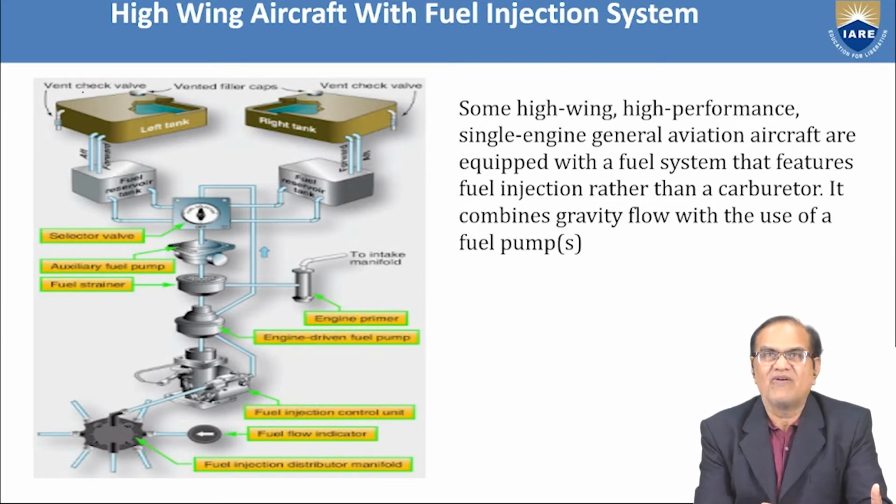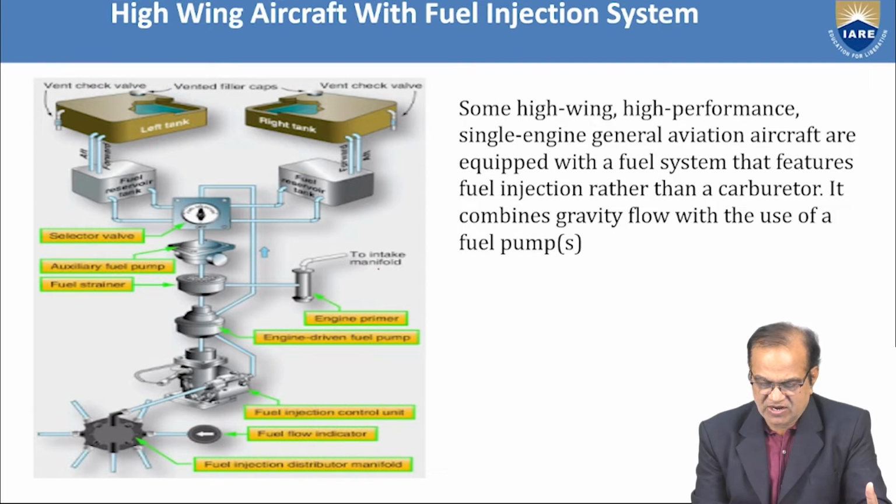Here is a vent check valve, here vented caps, then here we have the fuel reservoir, then here we have the selector valve, it selects, then we have the auxiliary fuel pump, then we have one fuel strainer or filter, here is an intake manifold,